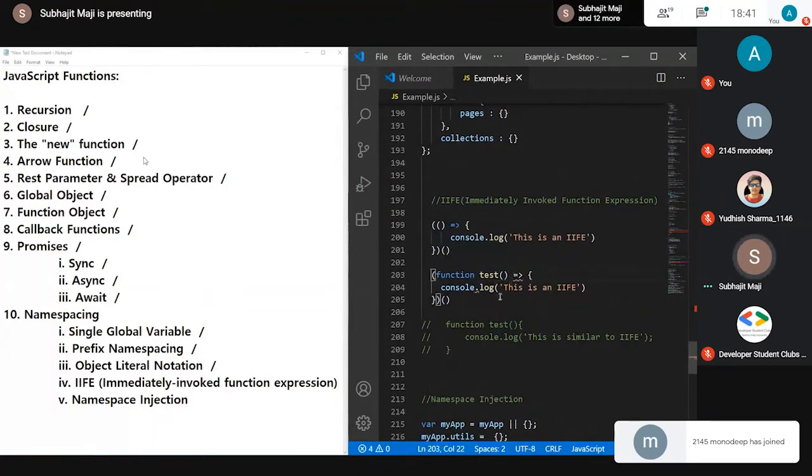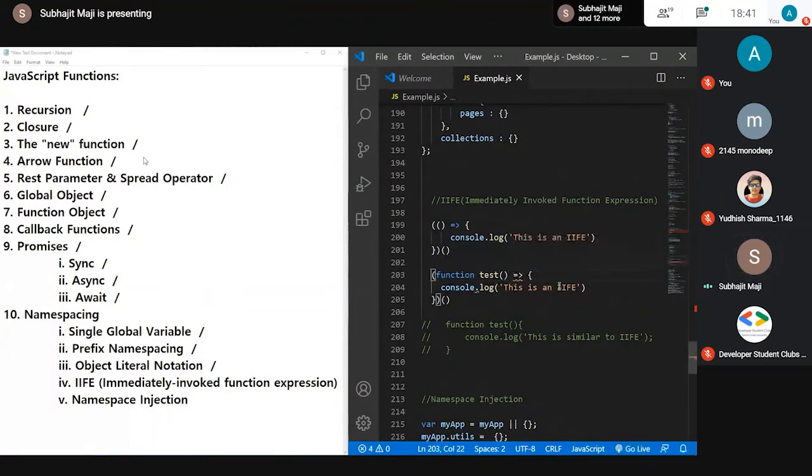You can see, either you give a function name or you give an arrow. You don't do both. This will also do the same thing. Console.log, this is an IIFE. Okay, now an alternate to this would be